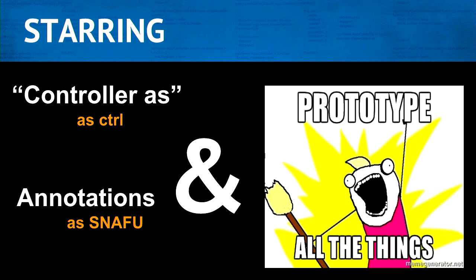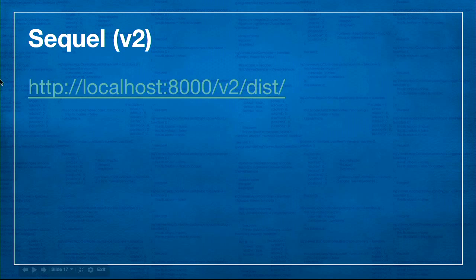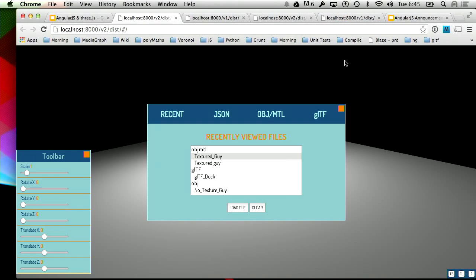It might seem anticlimactic, but really this is just a demonstration of two technical ways to achieve the same product. So in this sequel, we're going to use controller as syntax, and we're also going to introduce annotations. And lastly, we're going to prototype everything. So no more closure pattern with the factory, no more weirdness that you see in Angular documentation on Stack Overflow. It's going to be prototypal pattern across the board. All right, so it's a big reveal.